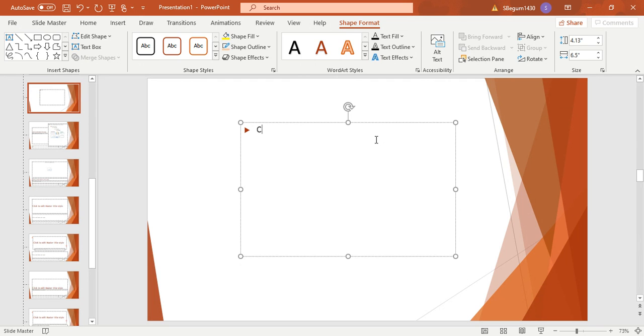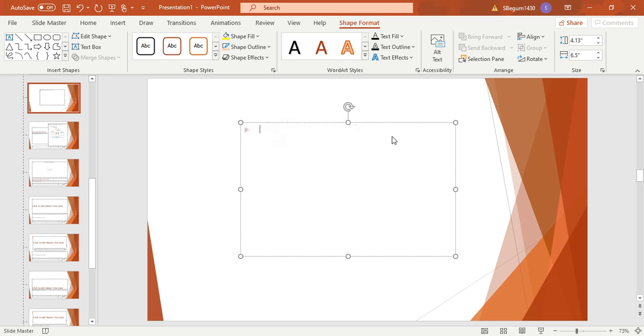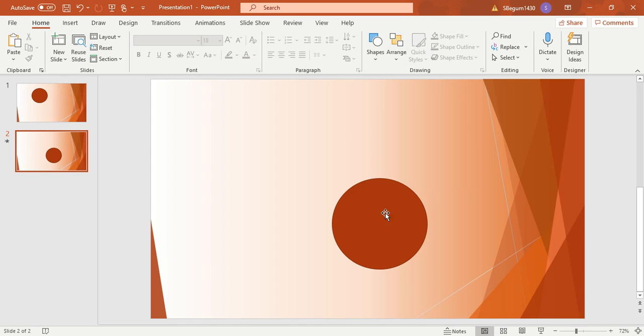Now let's make this called, ways flat earth is not real. Okay, I'm just using an example. I'm not really gonna make this. So as you remember, we are in Slide Master, but you can close Slide Master view and turn it to your actual template right here. So now